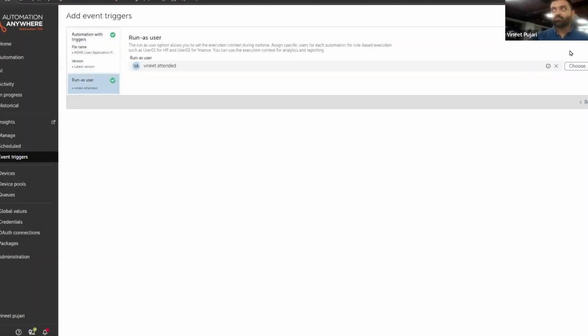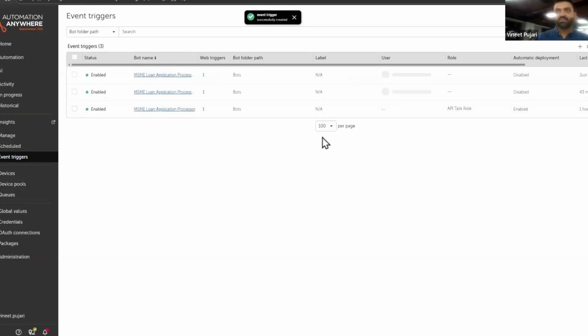All right. And the moment you say add event trigger, what happens is, this event trigger starts listening to that folder that you've configured inside of the automation. Now, every time you drop a file in that folder, this gets activated. It gets triggered. It does whatever you've defined inside of that automation, which in this case is it triggers a